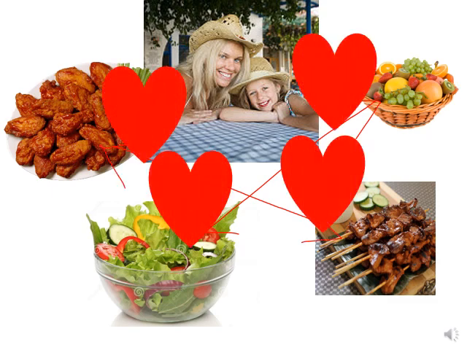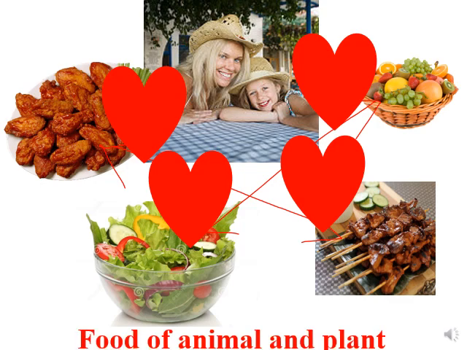Let's move now to humans. Humans, you have to eat all types of food. Whenever your mom cooks food, you have to eat the different types. You have to eat fruits and vegetables. You have to eat salad, for example. You have to eat meat. You have to eat chicken. So you consume food of plant origin, and these two types of food are of plant origin. And you eat food of animal origin. So you eat food of both origins, animal and plant.